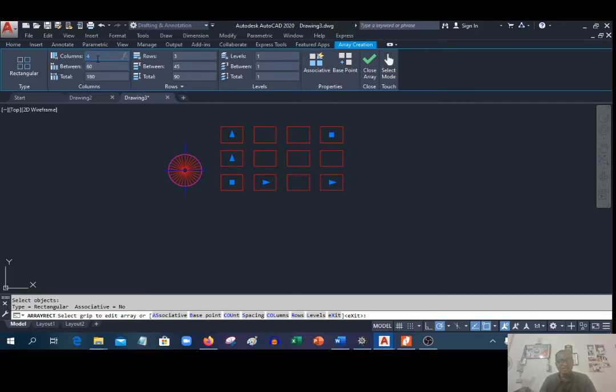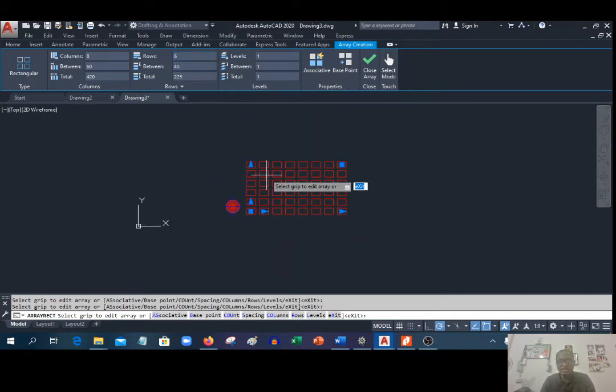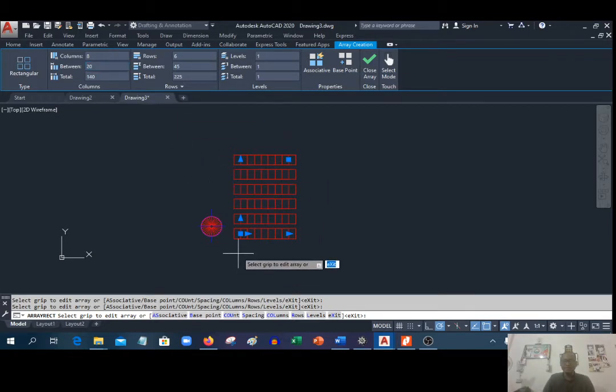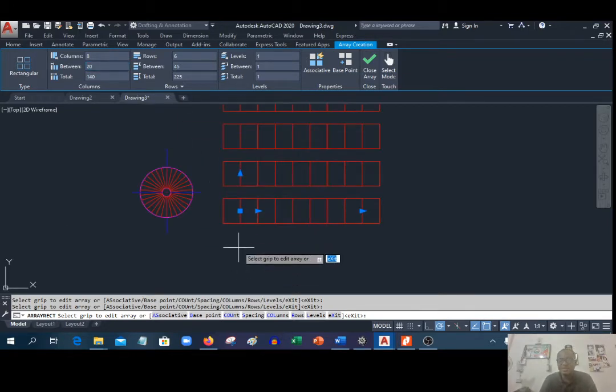So let me say I increase this to 8. Enter, you see it has spread. Then I'll increase this to 6. See, it has gone up, right? Now, like our normal window, let's see what happens if I reduce the distance between the column. I'll put 20. Now, you see they're joining each other,